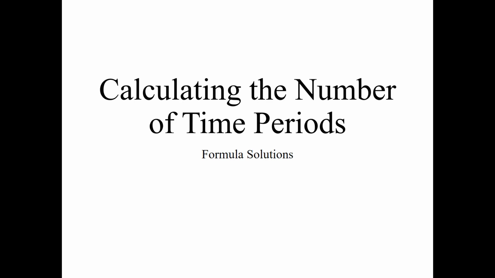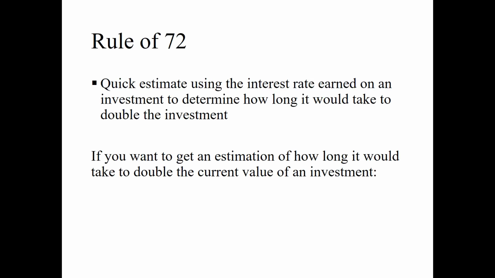In this video, we are going to look at how to calculate the number of time periods in our time value of money equations. There is a way to quickly estimate the amount of time it would take an investment to double, and we call this our rule of 72. It's just an estimate that will give us the amount of time any investment would take to double. The equation is relatively straightforward,